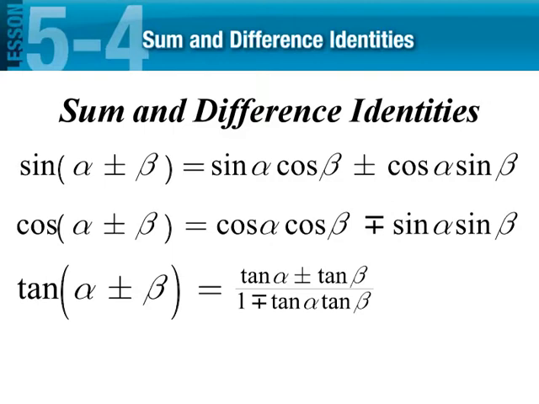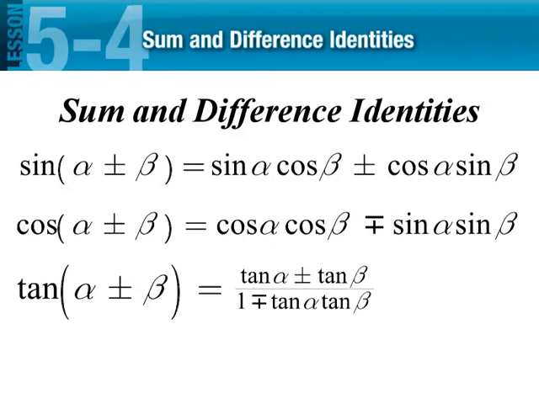Okay, so first of all, this is the sine of alpha plus or minus beta. Alpha plus or minus beta is just an angle, okay, any angle. So it could be like 10 plus 30, 45 plus 50. That's all alpha and beta refer to, angles. This plus or minus is just a way for us to write 2 formulas as one. That's it. So notice it's the sine of alpha, so sine of whatever my first angle is, cosine